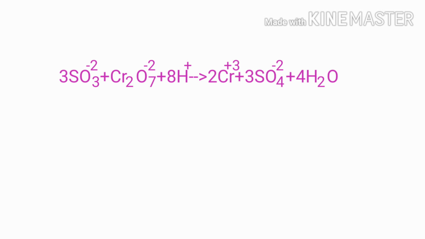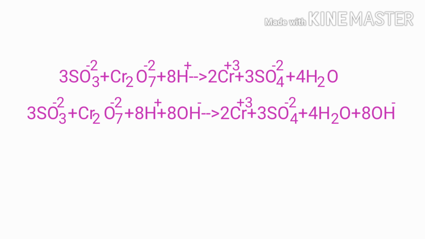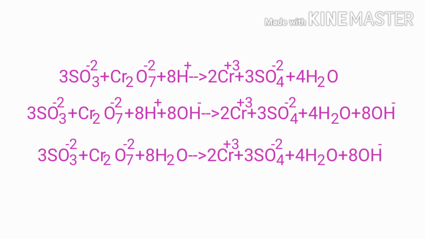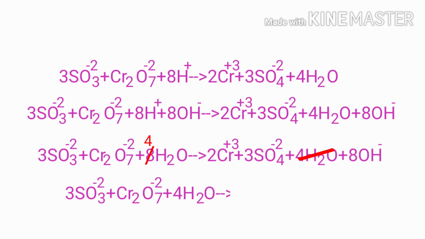For reactions in a basic medium, add one OH- ion to each side for every H+ ion present in the equation. The OH- ions must be added to both sides of the equation to keep charge and atoms balanced. Combine OH- ions and H+ ions that are present on the same side to form water. Now you can cancel the same terms. In a basic medium, the equation is now balanced.